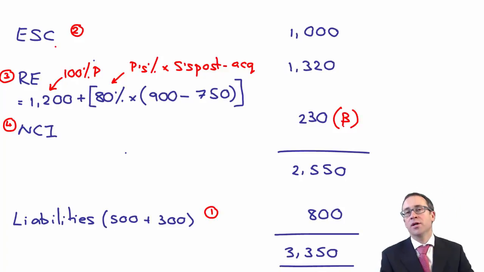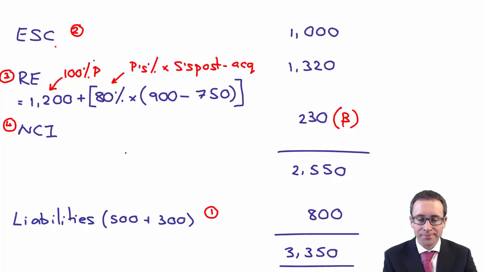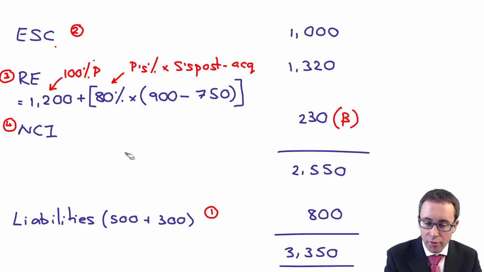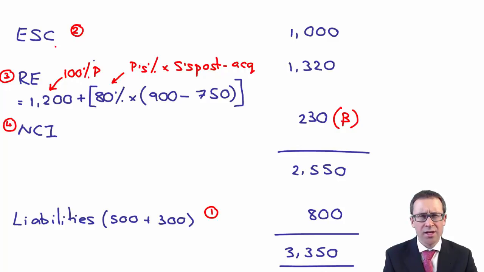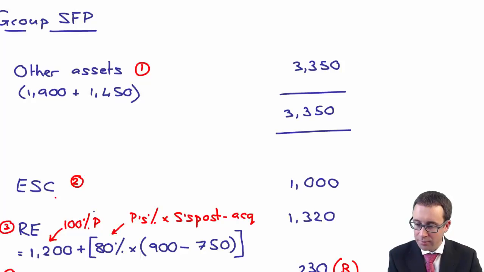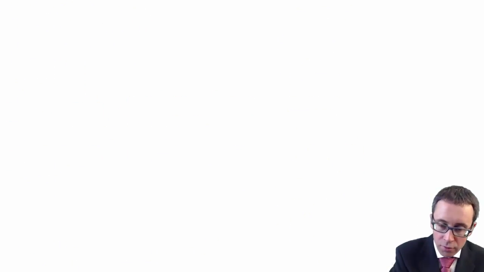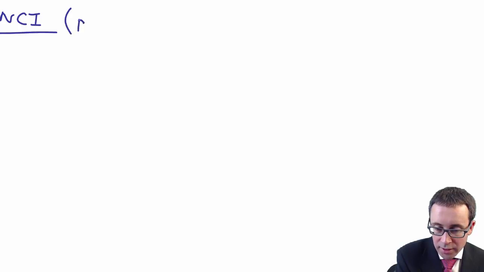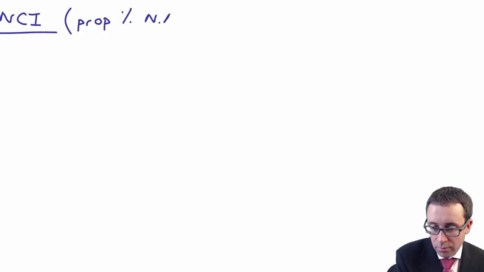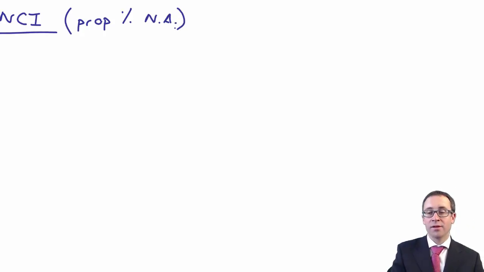What I need to do is to demonstrate how we get to that figure. Okay. Because we've gone through there and measured it based upon the proportionate share, is it, of net assets. Okay. So what we need to do is we need to get to, was it that 230 figure? Okay, let's just check. Yeah, just squeezed in there. Okay, the 230. So we're going to go through there and work out the non-controlling interest. We're going to work the non-controlling interest on your proportionate share of net assets method, aren't we?